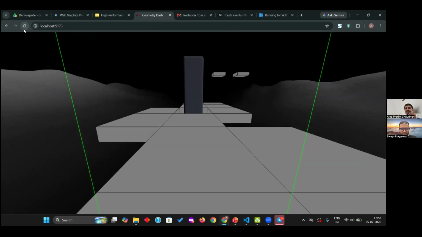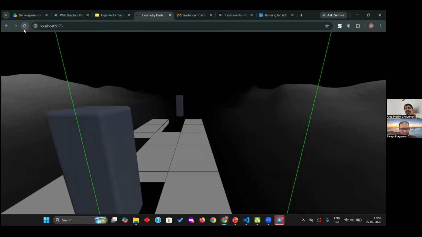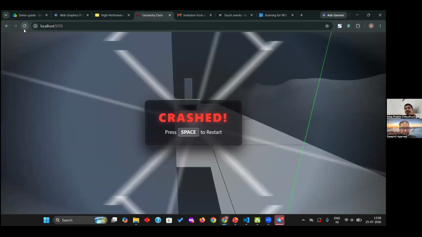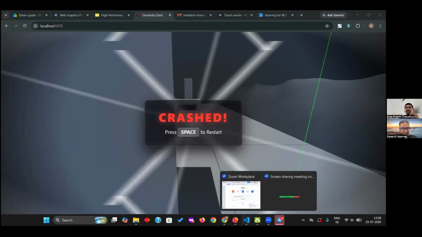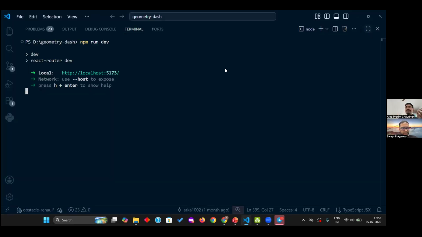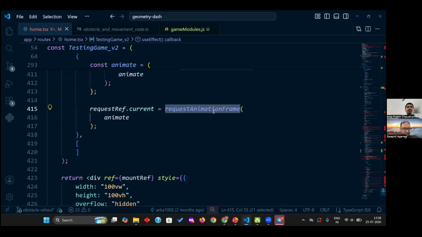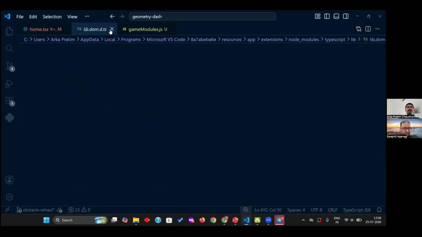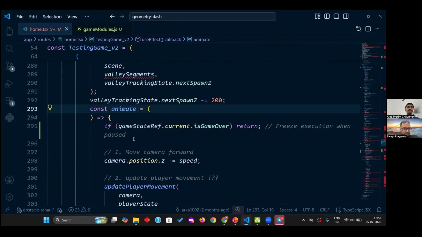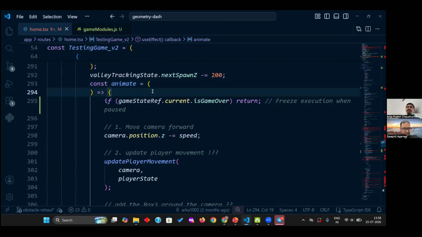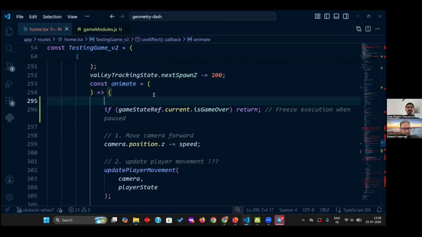So you talked about frame dropping. Can you show that in action? Can you show it happening? Yes, anything which takes longer than 16.6 milliseconds will result in a frame drop. So this is the ref loop, and this is the animate. Animate is, if I do a while of